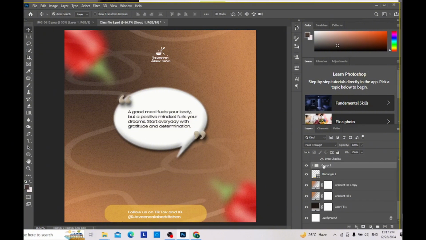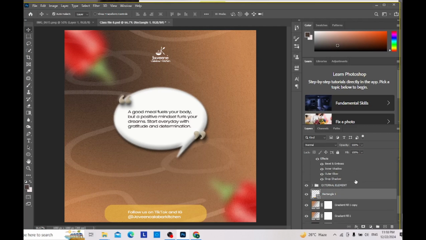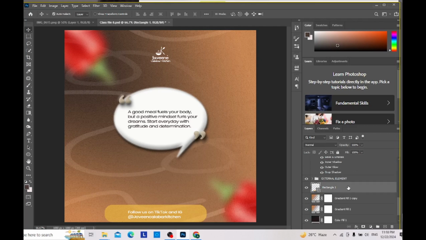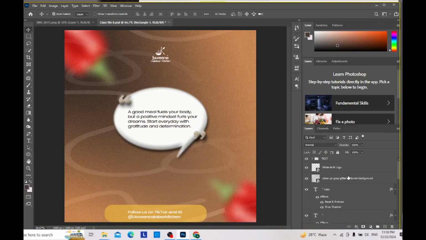So I'll put this one under external element. Yeah, so the rectangle, the gradient fill and all of that will be put into